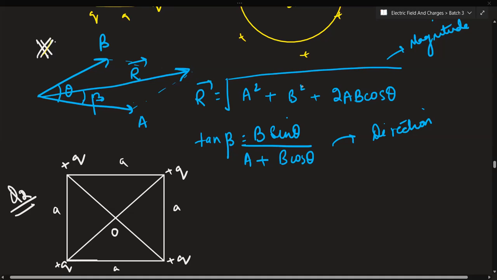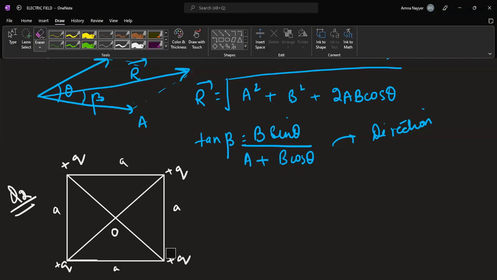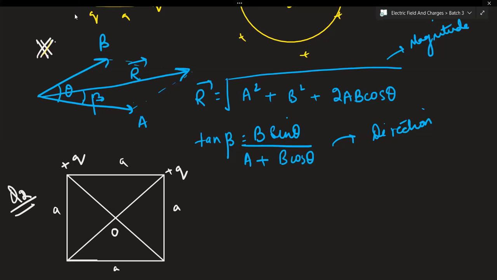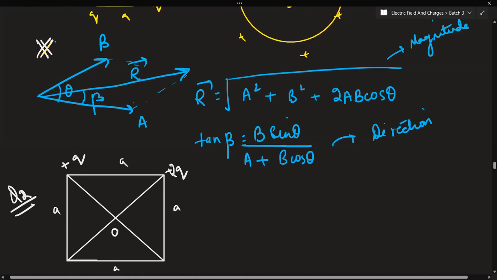Reason? Because it would have been a symmetrical system. Now, let's make it unsymmetrical and see how the superposition principle is utilized. Let's say this is plus 2q, this is minus 2q, and this is minus q. So now this is an unsymmetrical system. Separation is A. Take these points as A, B, C, D. You have to calculate